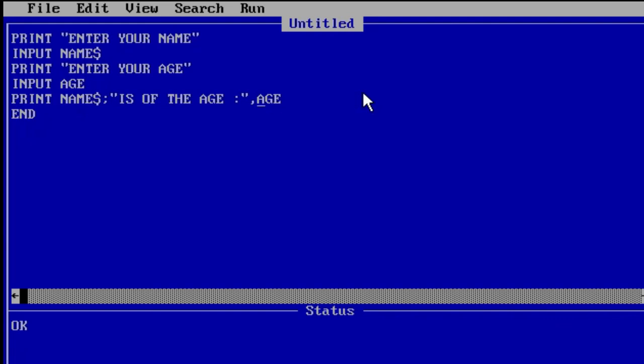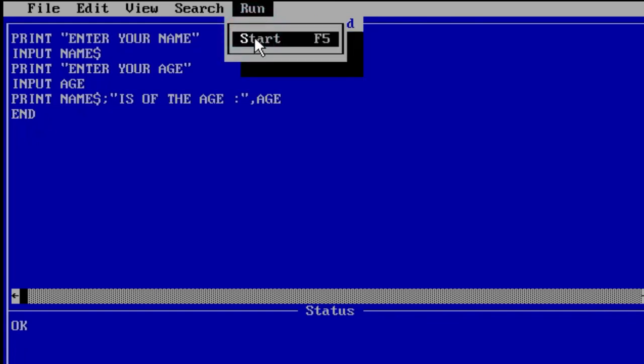On the next line, print name$. Here I am trying to print the value of both variables in a simpler way. Name$ will print the name of the student, then "is of the age" will be displayed as normal text, and then the age will be displayed. And at last, end.